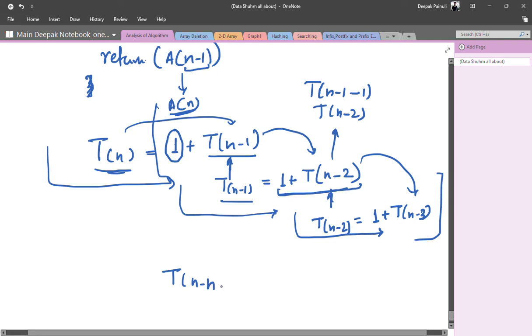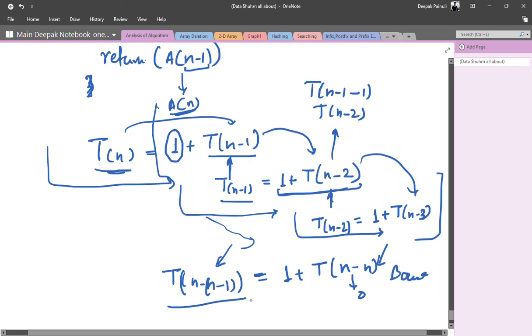So now at the last, when the last statement n minus 1 will be there, then it will be equal to 1 plus T(0). I think it will get 0. That's the boundary condition at the last, after iterating n number of times, when we come back to this term, it will get 0, right?